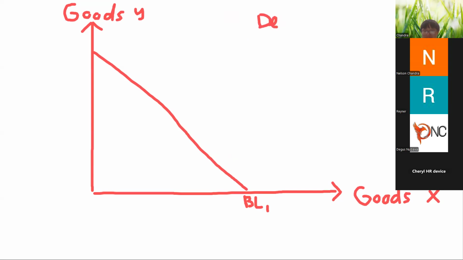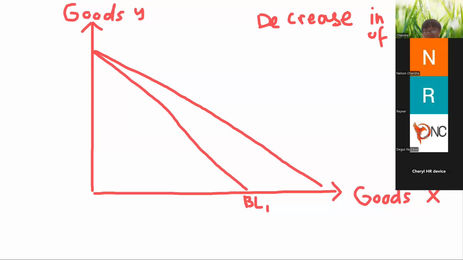There is a decrease in price of good X. After the base diagram, you have to check the situation, or not just check, but be proactive and propose the situation. Decrease in price of good X. In other words, good X becomes cheaper. Therefore, there will be a pivoting to the right of the budget line. That is the second step. The budget line will pivot to the right because X is cheaper.